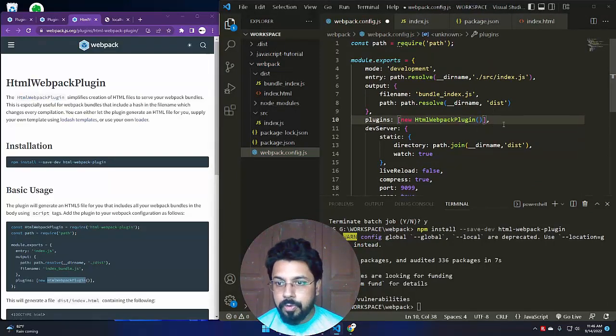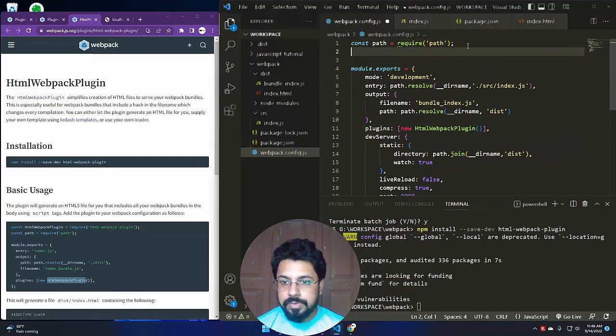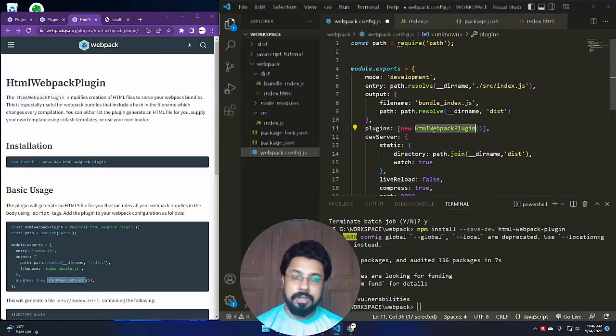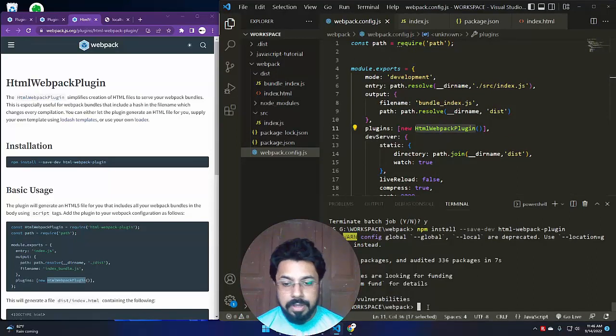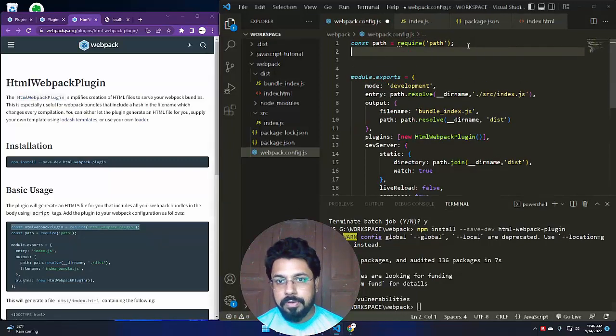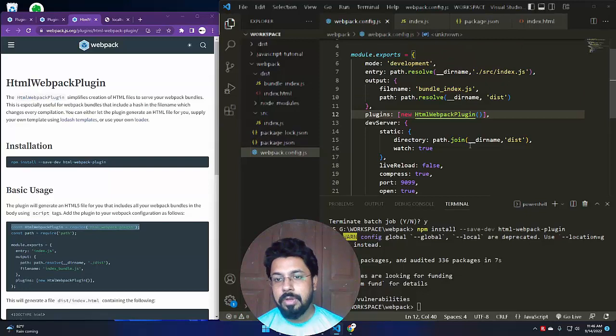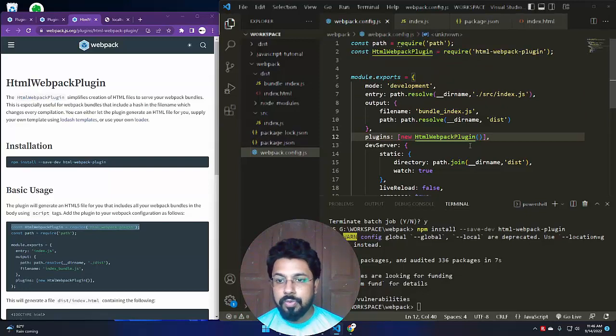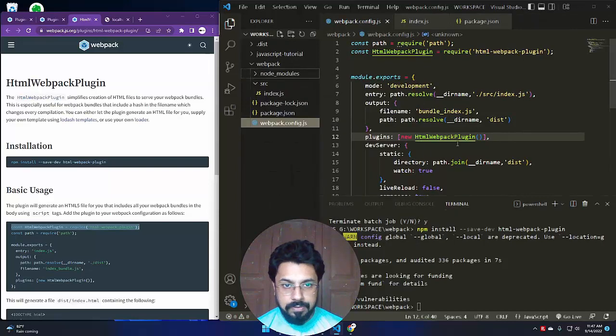Okay, we need to import this over here as well, because this HTML Webpack plugin is missing right now. So when you run this Webpack, it's going to throw you an error. So in order to do so, you have to copy this thing and install it over here. So what is it going to do, let me run it, and you will be able to see that